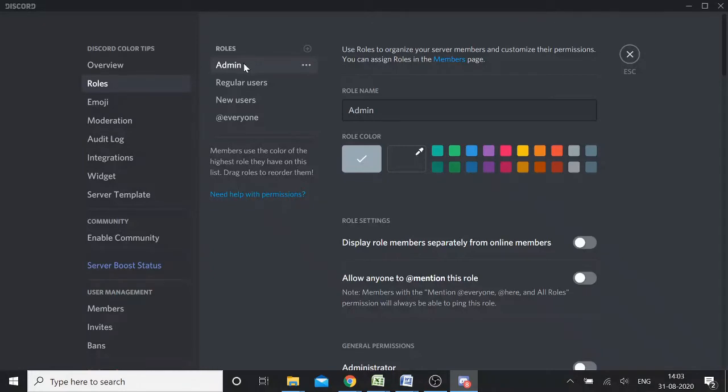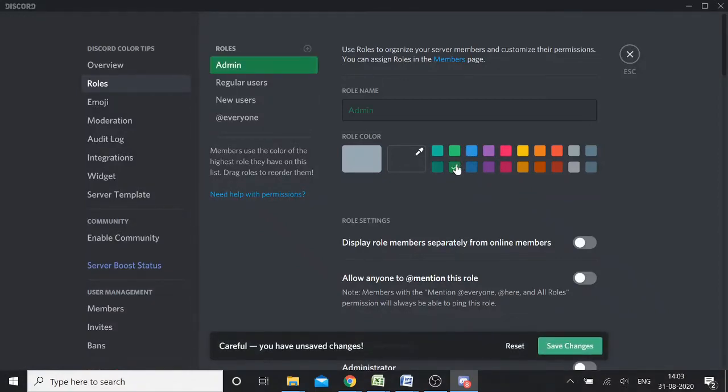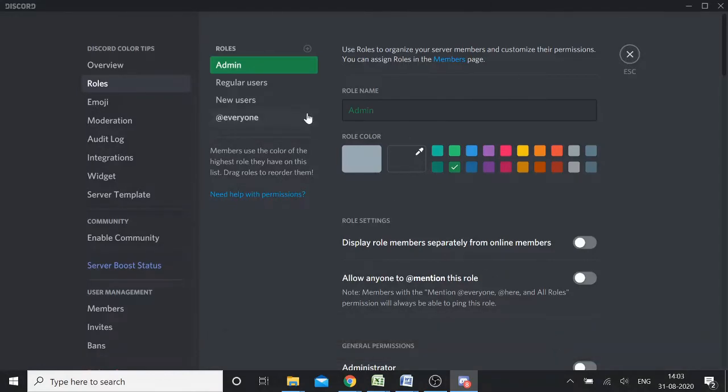I want to give a green color to the admin group, to the admin role. So every person coming under this role will be assigned automatically with a green color. Let me take an example and show you. So here I take a green color. This one seems to be okay. Alright, it's done. Now we have given green color to admin.